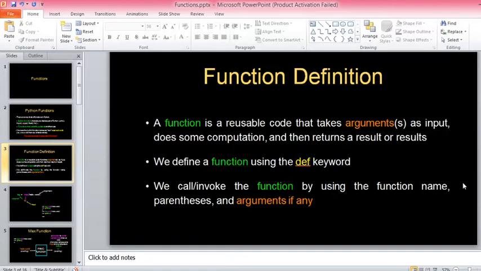To invoke a function we must use parentheses. Arguments are always optional: it can have 0, 1, 2 or 3 arguments. If you have any arguments, enclose them within the parentheses, and if you have multiple arguments, separate them by commas, right? A simple syntax, we'll see that.